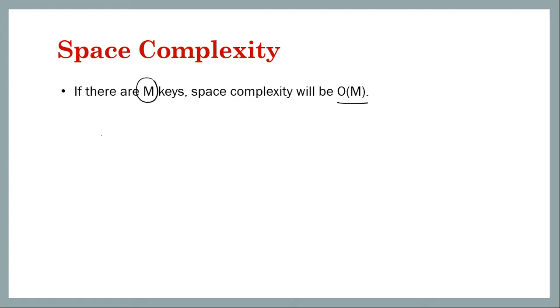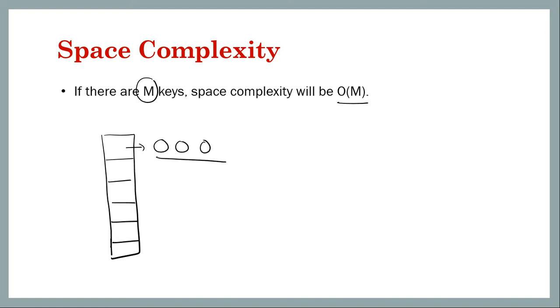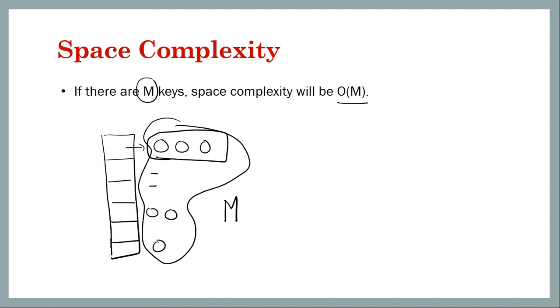If we are storing m keys, then we will have some table and there will be some buckets within that table, and we will have maybe multiple keys in some bucket. Some buckets may be empty, some bucket may have 2 keys, some may have 1 key. So in total these all sum to m. So we are storing some fixed number of buckets and overall m keys. So O of m, assuming that the number of keys is large compared to bucket,